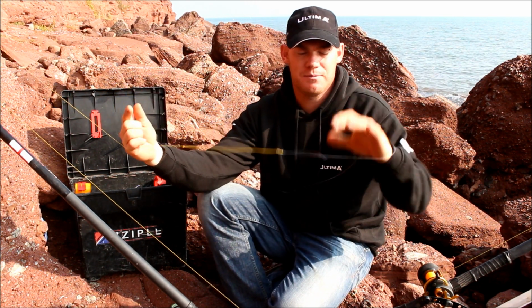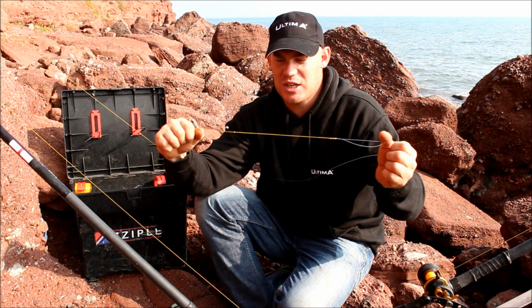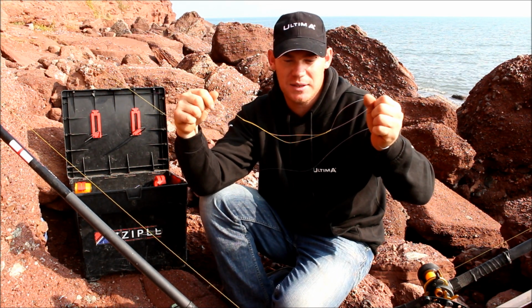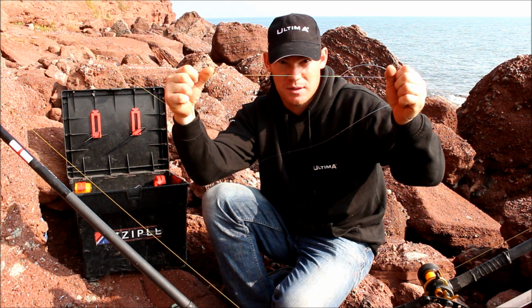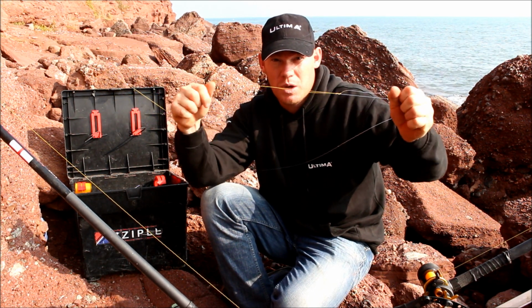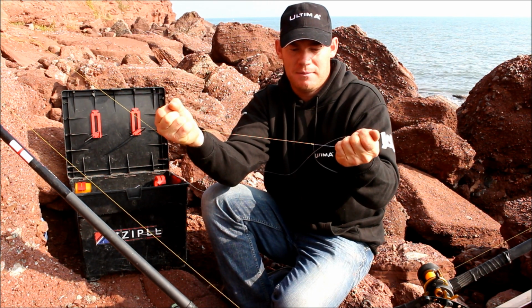Bit of lubrication, get a good grip. And this is very important at this stage now, that you pull these both together, and that's why your hand's on the right hand side. If your hand was on there, you can see where both sides of the double end of the actual leader main line for the spider hitch will form different lengths. That one will keep it even. And if I pull up now,